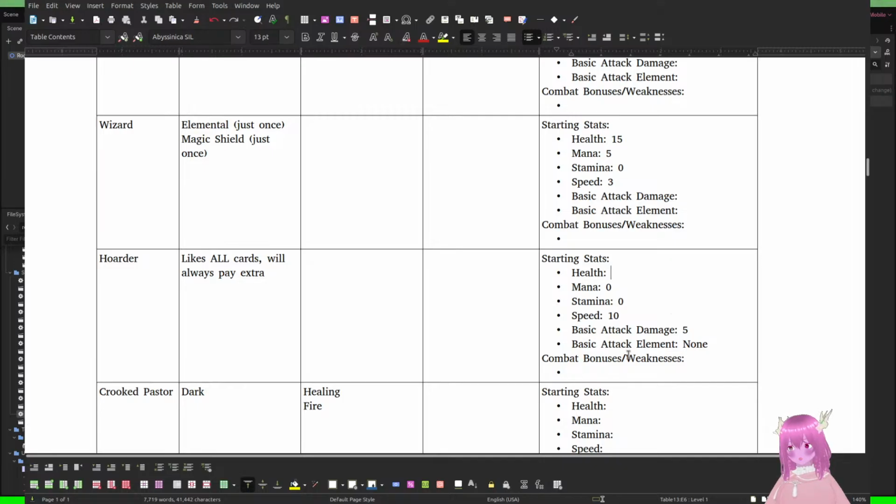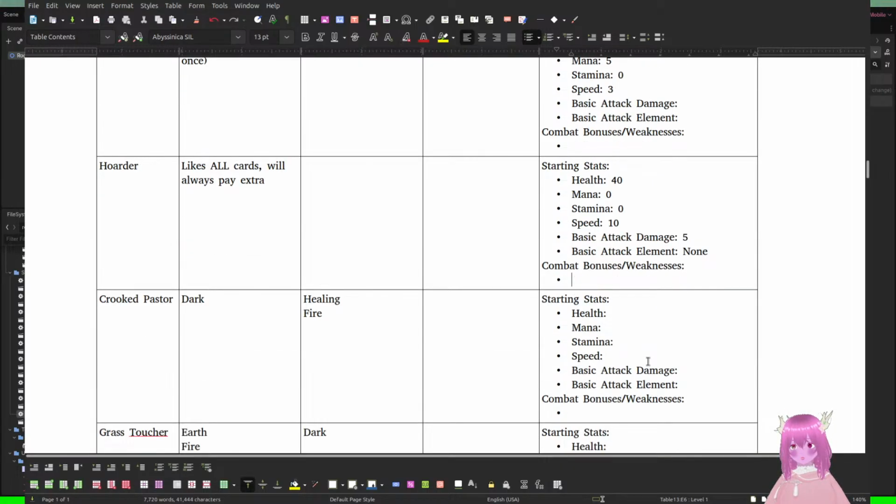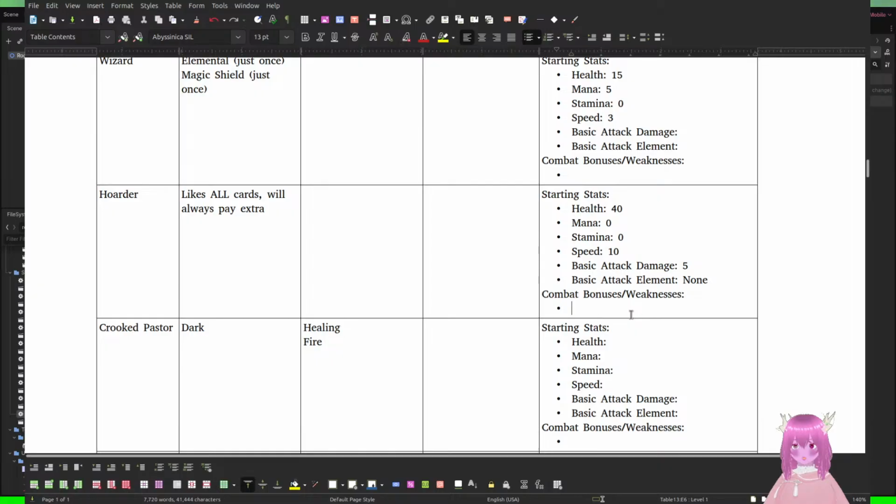Now if there's one thing I know about hoarders, it's that they are very healthy for some reason. Cockroach-like healthy, so we'll give them 40 health. So yeah, they have 40 health to start with.